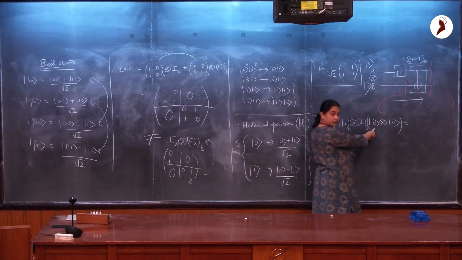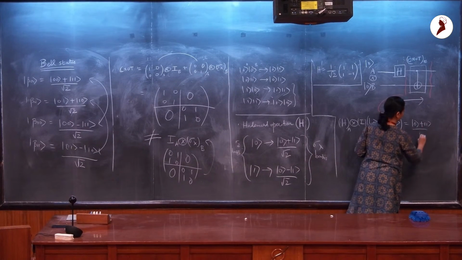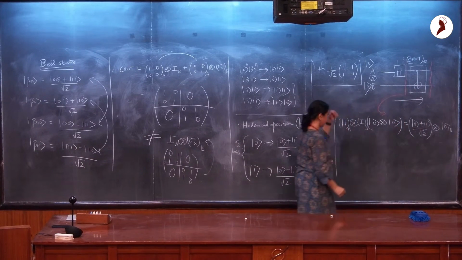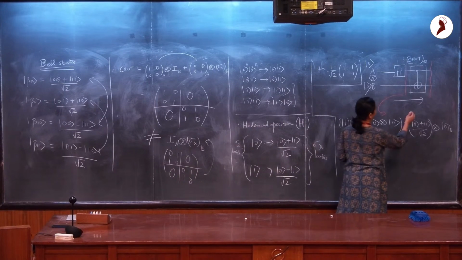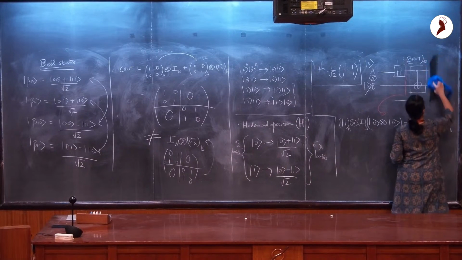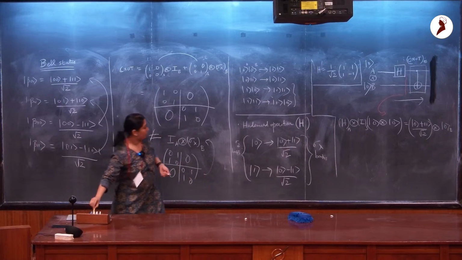And Hadamard takes 0 to the uniform superposition of 0 and 1. And nothing happens to B in the first step, okay? And maybe I use a different color for this. What happens at the end, once you apply the